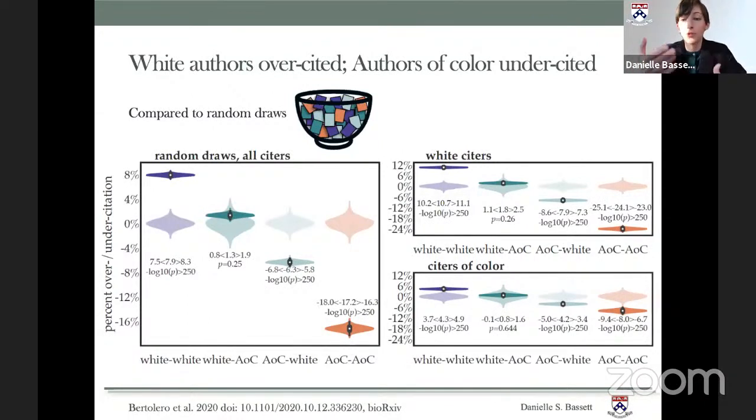Now we can ask the question of which group may be driving these effects more than another. And we see that white authors are driving the effects much more than citers of color. So white authors tend to overcite themselves. White authors like me tend to overcite other white authors by 10.7% and undercite authors of color by 24.1%. That's a steep, 35-point difference. If you look at citers of color, then they tend to overcite white authors by 4.3%, and they tend to undercite papers with an author of color in both positions by 8%. So there's still an asymmetry here, but it's not to the extent that we see in white citers.